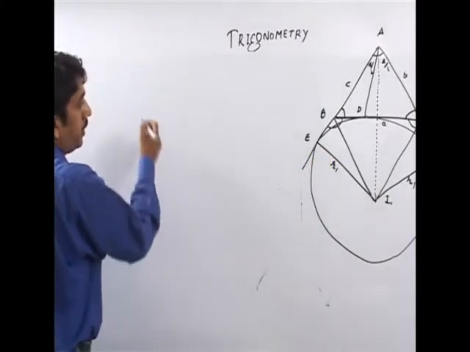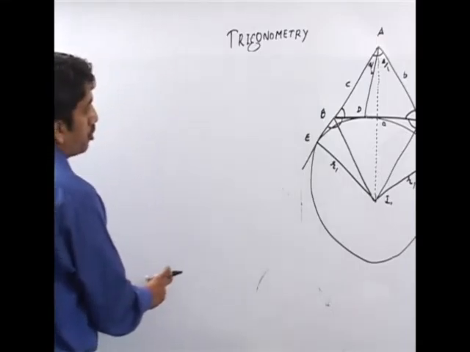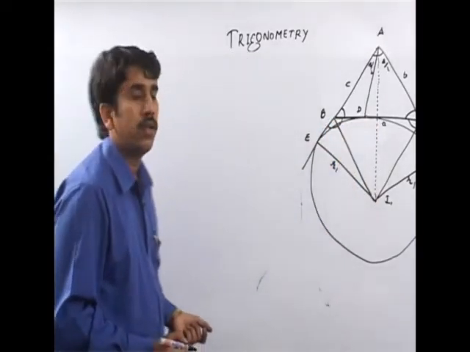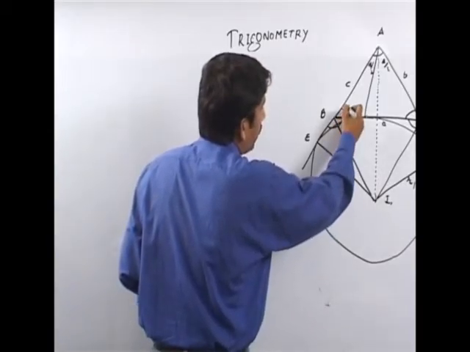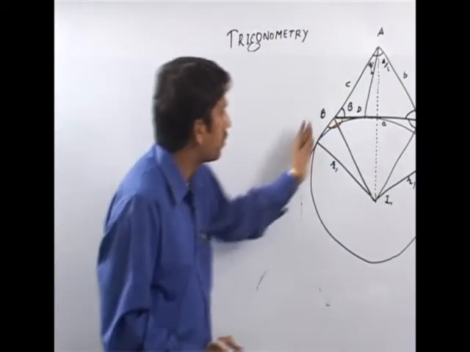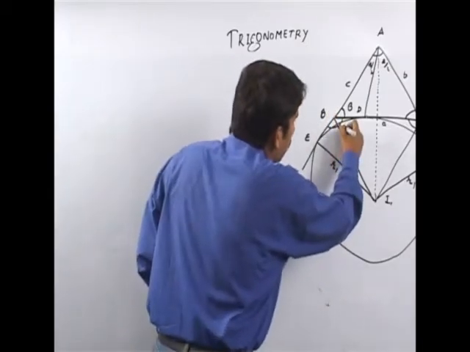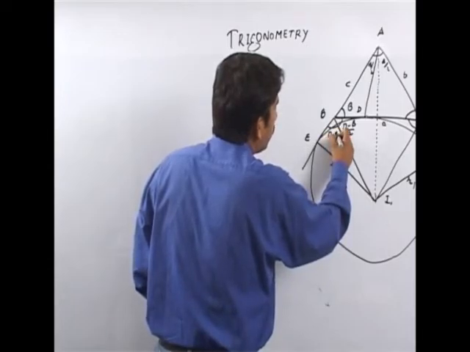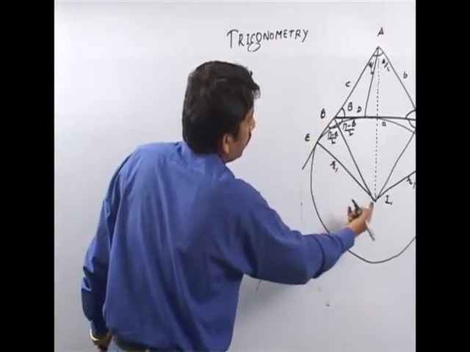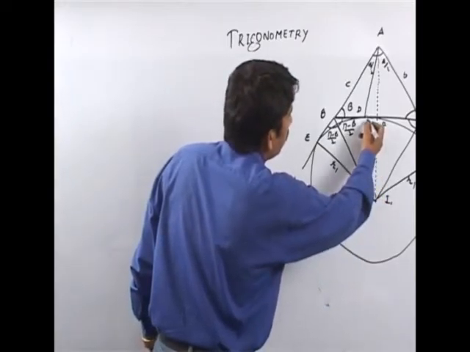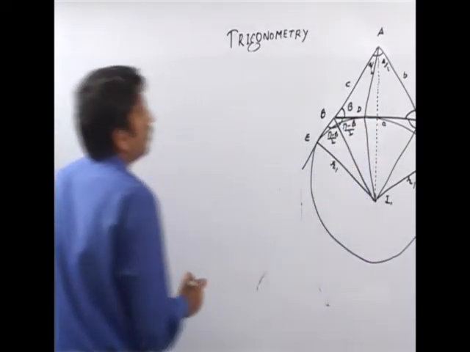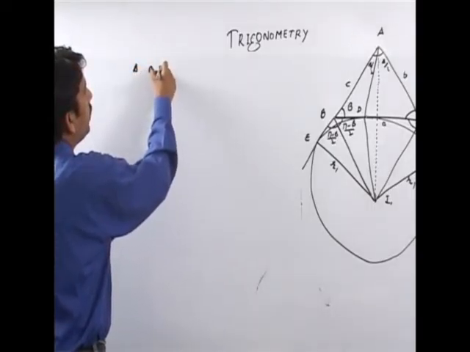As we have proved, AE was equal to S. If we take triangle I1BD, then you will see that if this angle be B, then the whole of this angle will be pi minus B. Now since this is the external angle bisector, this angle will be pi minus B by 2, and this angle will also be pi minus B by 2. Now if we take triangle B D I1,